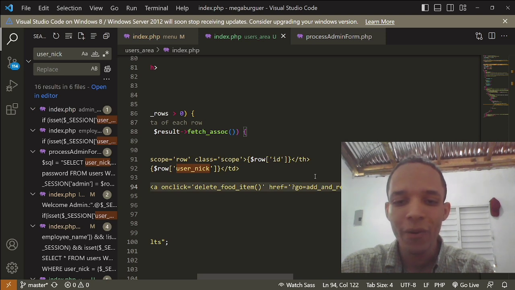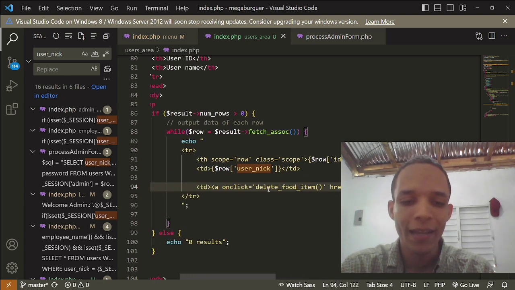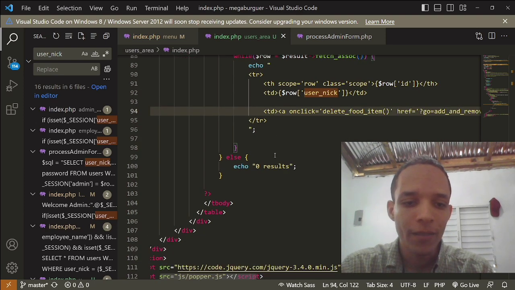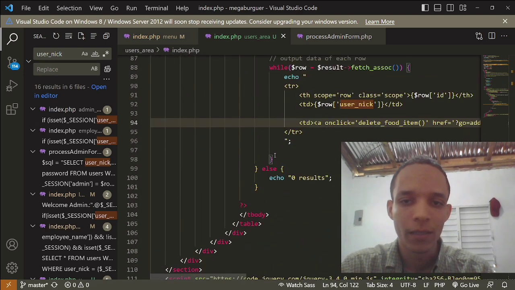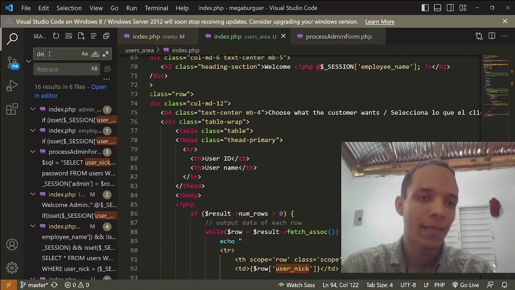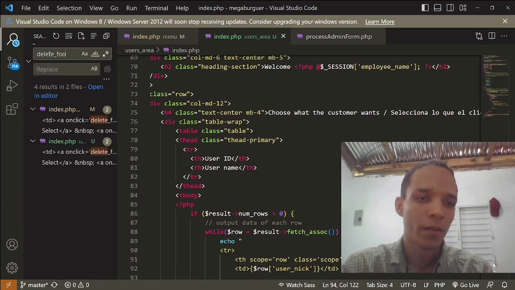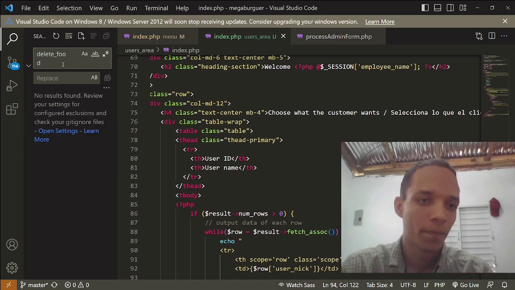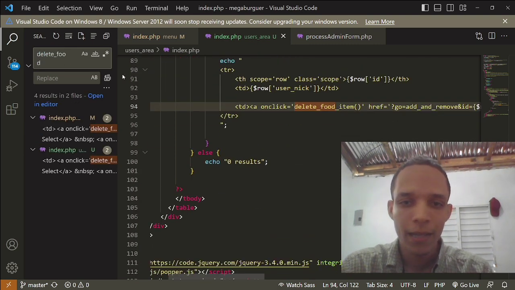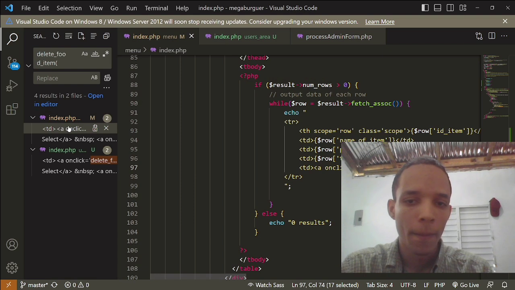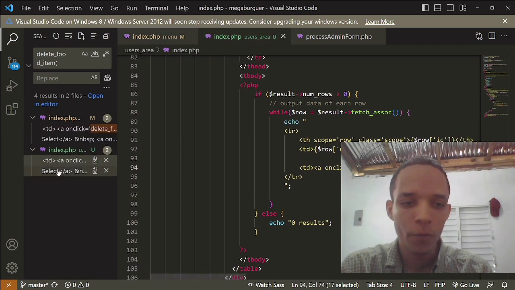Being honest, we're not gonna erase it. I'm just going to recycle the functions that we have. How is that possible? Well, you will see. I will just go to delete food. See, delete food, and that should be a function, okay? Delete food item. That should be a function, and that function